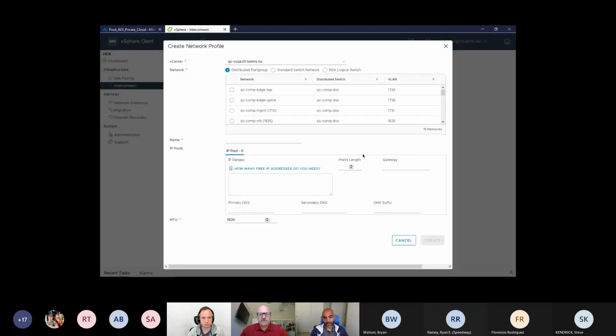Okay, so what we're going to do here is create our network profile. This profile basically provides what configuration HCX is going to use. In this case, we have two clusters. The majority of the VMs that we are migrating are coming from our compute cluster. In our management cluster, we just have our management infrastructure, so our HCX manager will get deployed there. But the VMs that we're migrating are coming from our compute cluster. So this profile is basically going to tell HCX